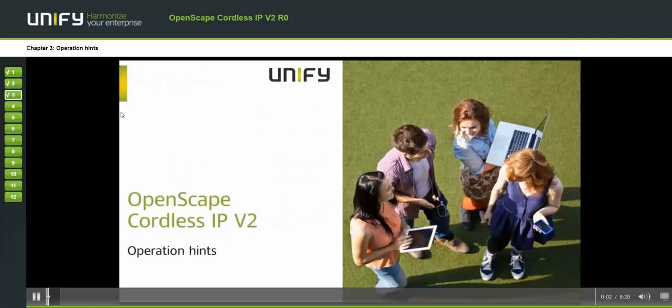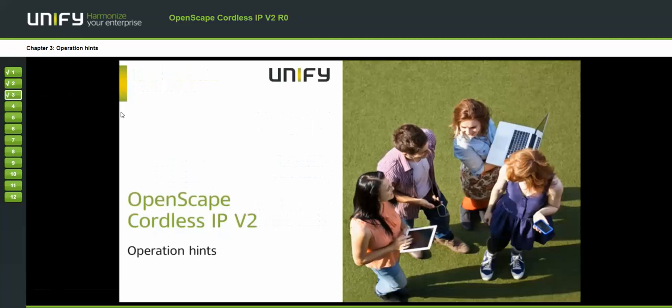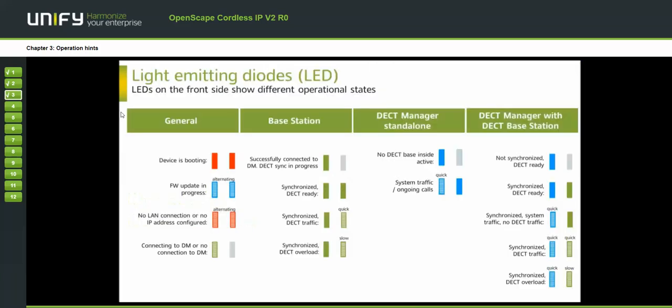Well, first of all, in general, we had that already. 2 red LEDs means the device is booting. 2 alternate blinking blue LEDs means the firmware update is in progress. If we have alternating blinking of red lines, that means there's no line connection or no IP address is configured for the